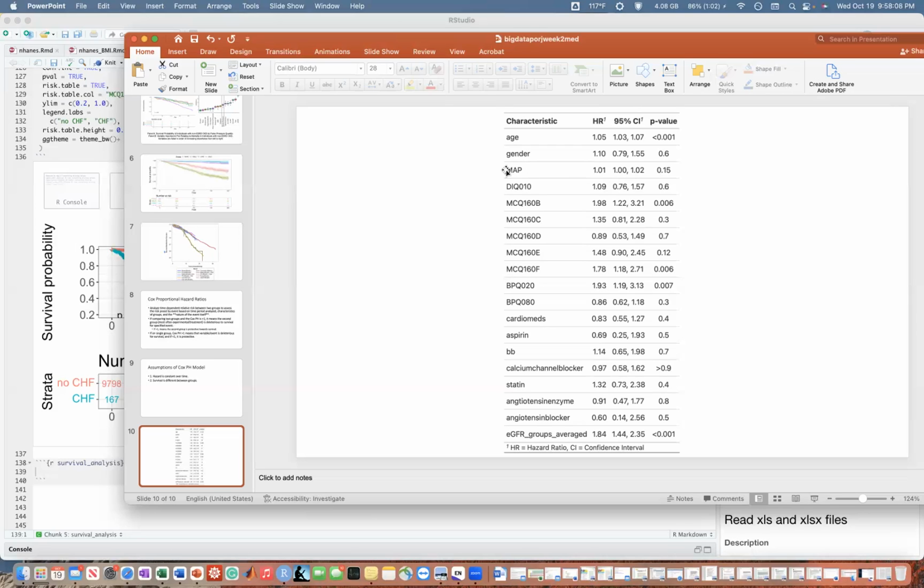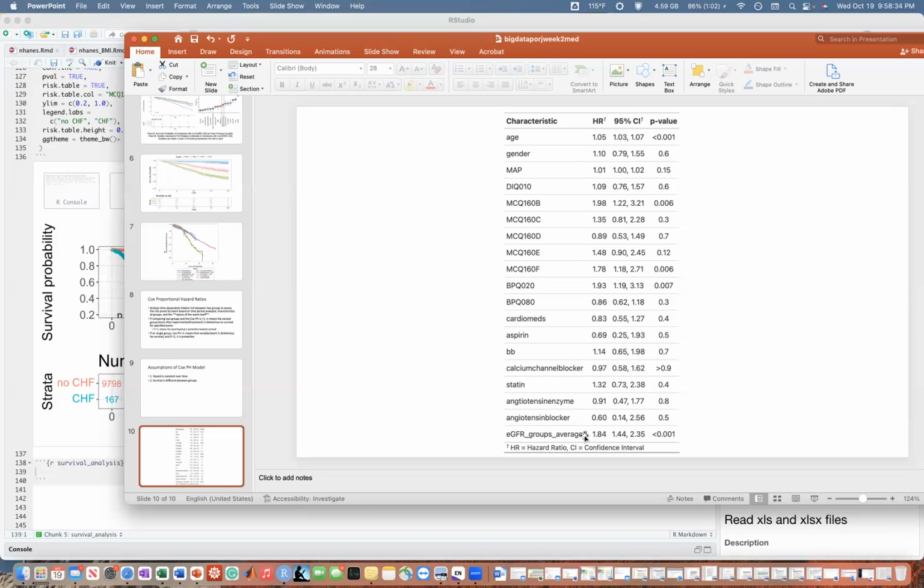But more importantly, since MAP, I'll tell you a fun fact, is a continuous variable, which means it's on a range from 0 to, I guess, hypothetically 200, 260, it means that for every 1 increase in this variable, there's a 1% increase in dying, which is really cool, actually, if you think about it. We keep going down here. These are all zeros or ones. But once we get to like